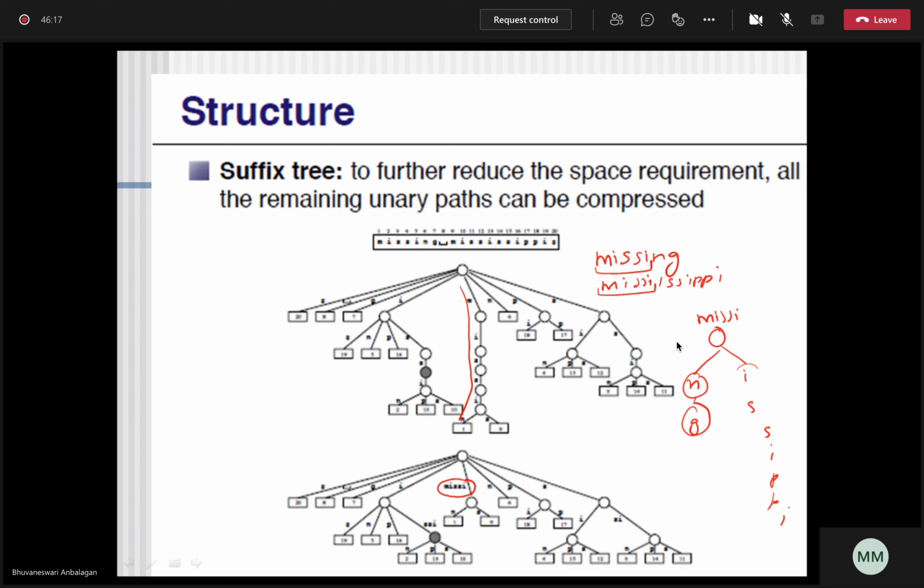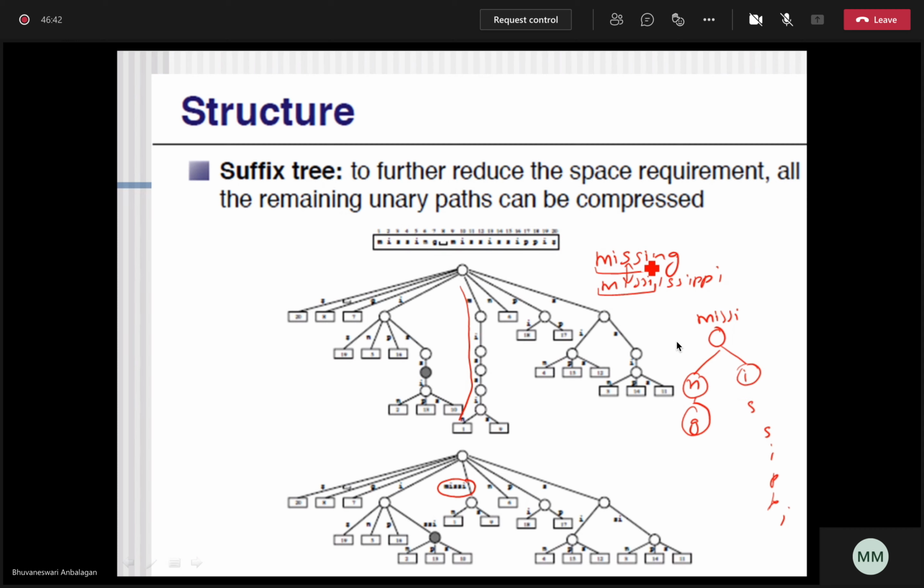So what is the use of the suffix tree is you can compress any two words that have some common pattern. Okay, based on the pattern you can further reduce the tree storage structure, in order to efficiently make use of the disk storage.